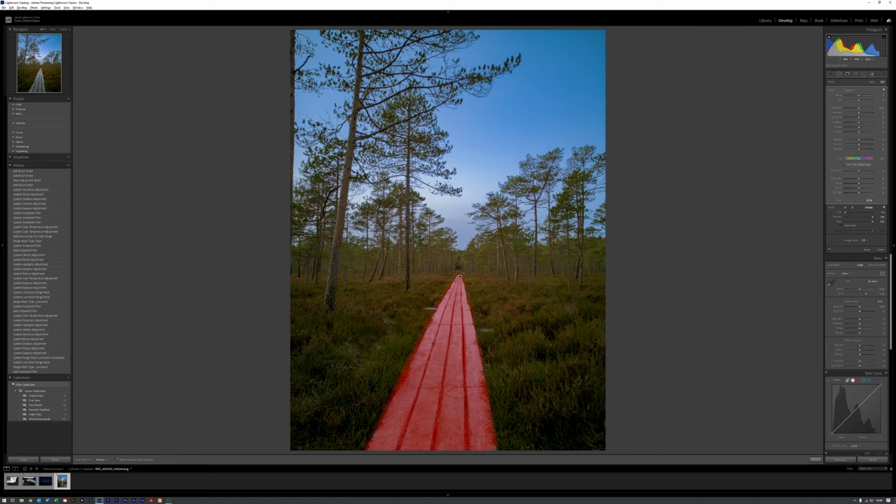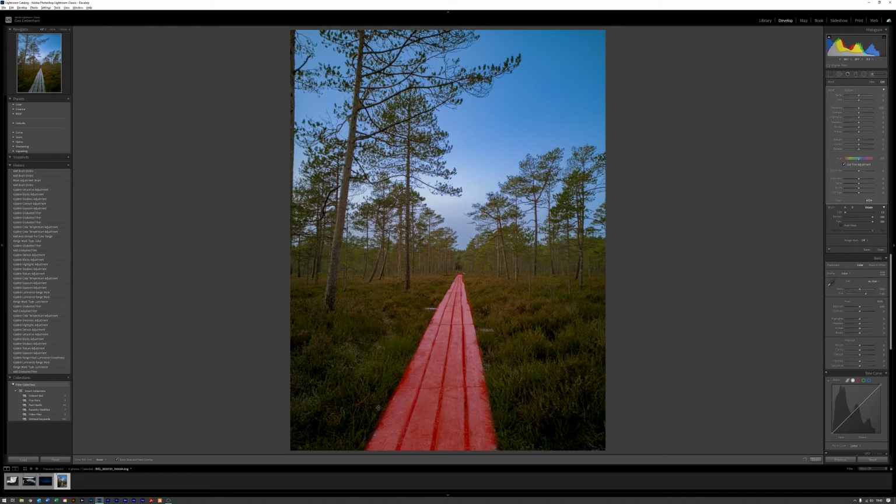So if I hold the Alt key down, I get another brush tool with a different outer feather circle, which is what I last set it at. And that allows me to paint that back out. So if I come down here, I can paint what I don't want to see back out.